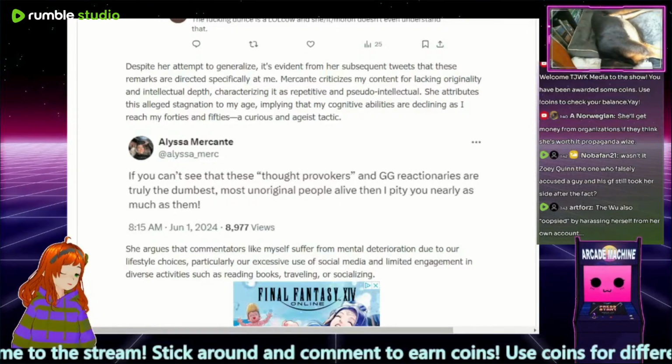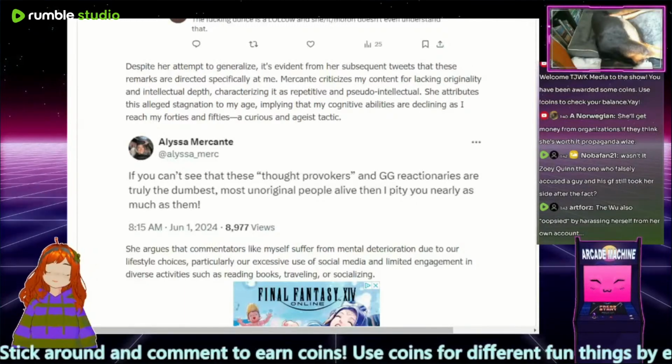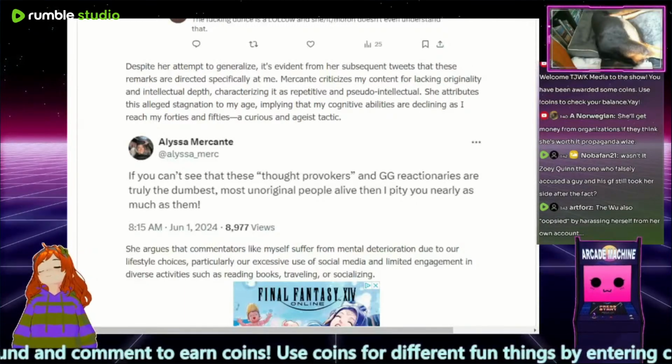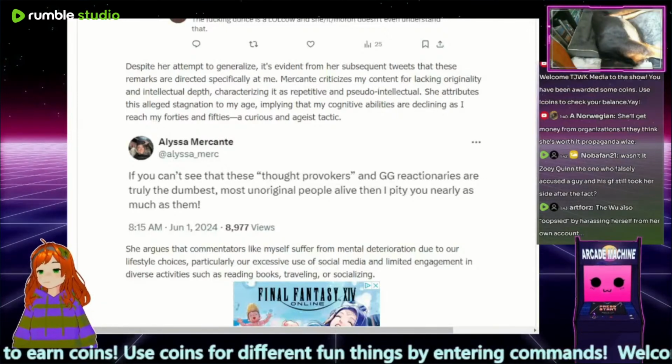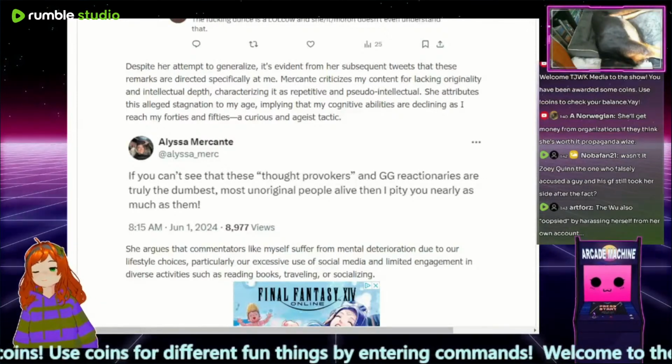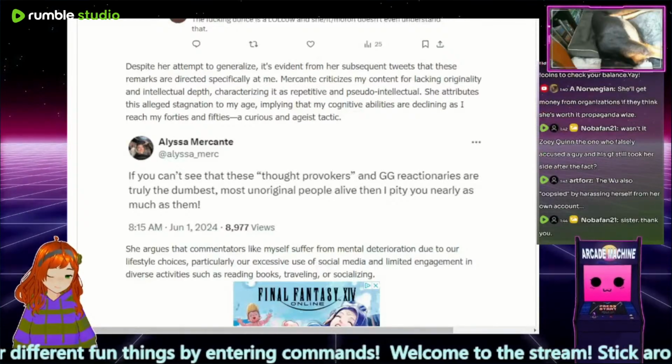Okay. So the Wu also oopsied by harassing herself from her own account. Yeah, that's true. Oopsie doopsie. Okay. Despite her attempt to generalize, it's evident from her subsequent tweets that these remarks are directed specifically at me, that